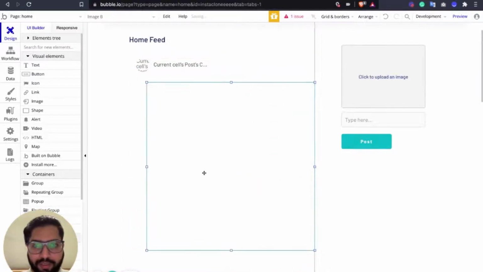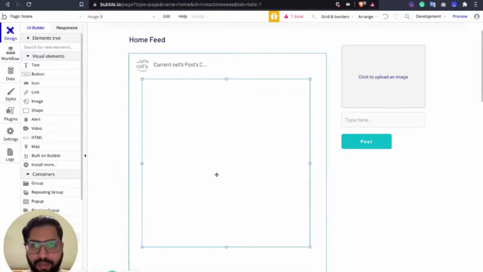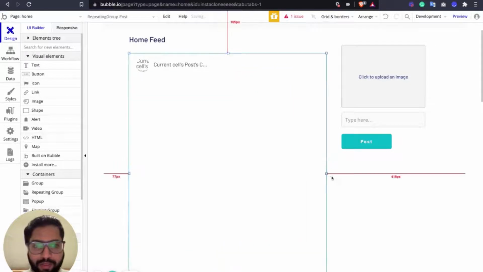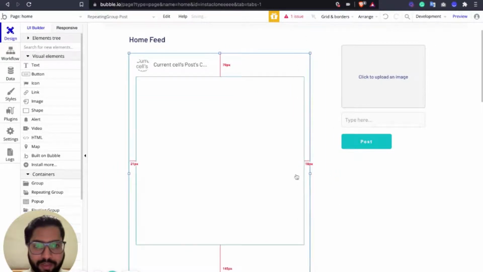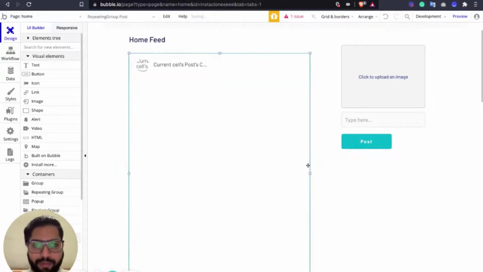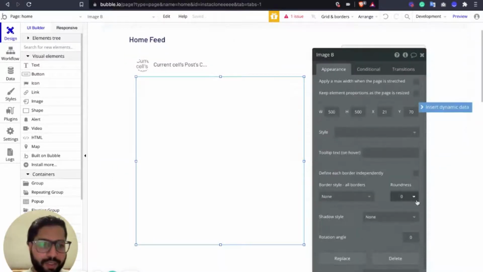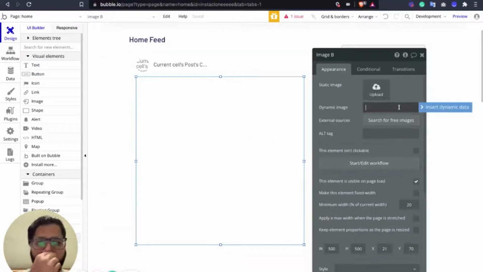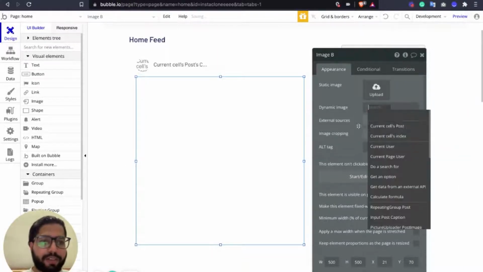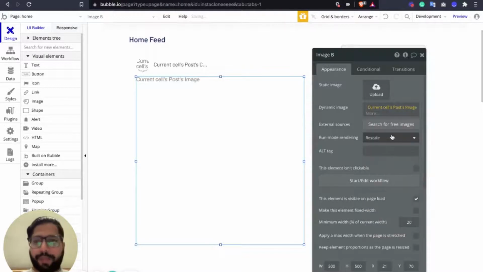And let's have some sort of roundness here, a little bit only, 10. Yeah. And now we're going to say, okay, what should come in this image placeholder. So we're going to say, okay, insert dynamic data which will be current post image.